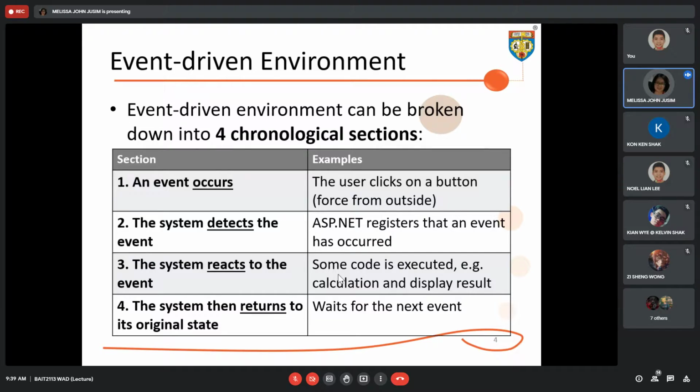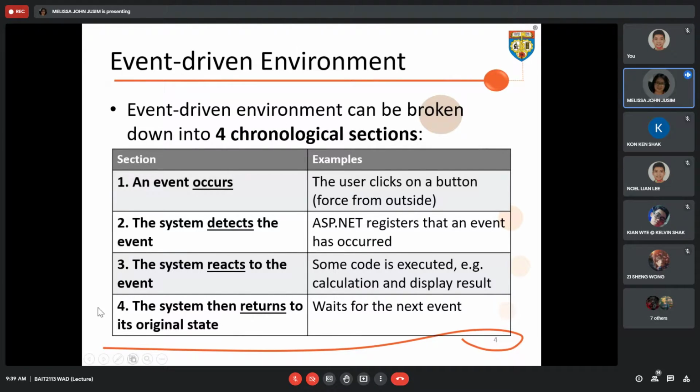It depends on the code that we add into, if you click on a button, by default the button underscore click method will be ready for you automatically in the code behind. The last section is when the system returns to its original state. The original state is before any event occurs, meaning it is waiting for the next event.